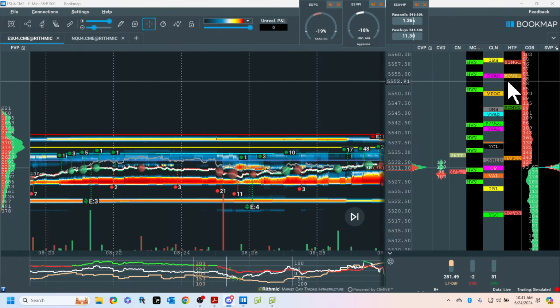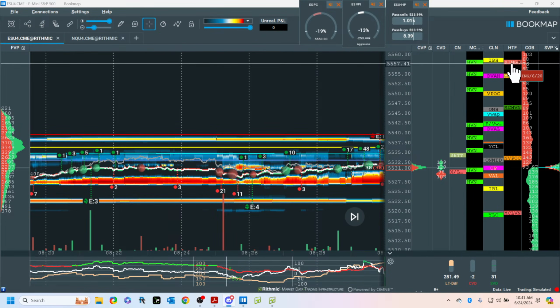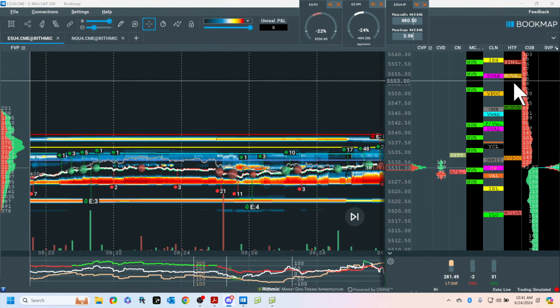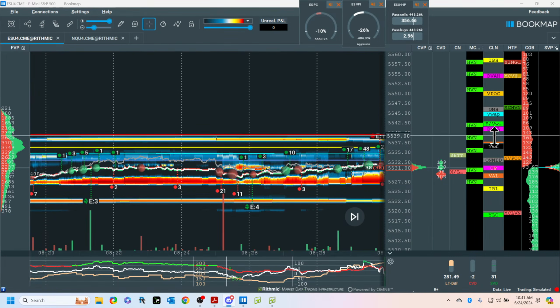So we have 55-ish as a target, and this is a target. It's called a single. It is a separator from a distribution from when we fell out on Tuesday on that reversal day. So this is an outside edge. So we could come up here and rotate, which is currently what I think we're doing.